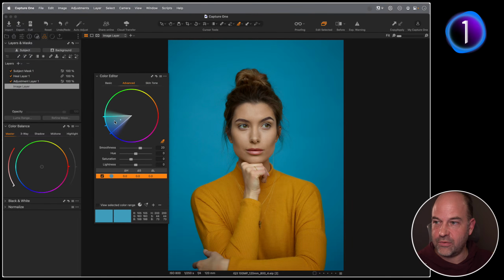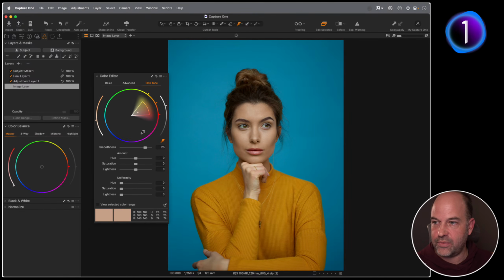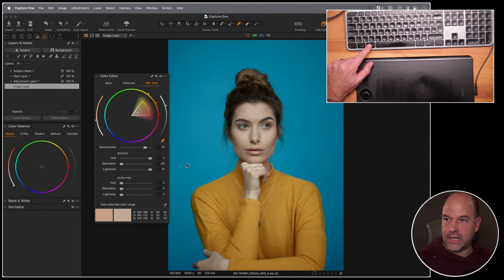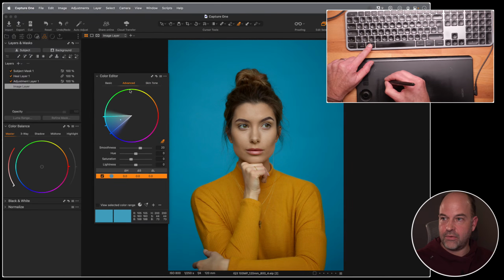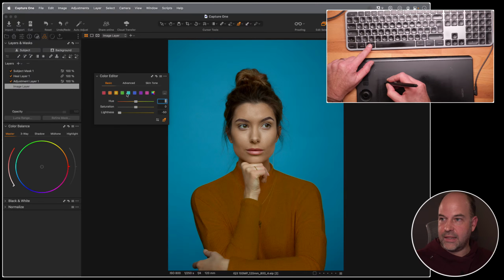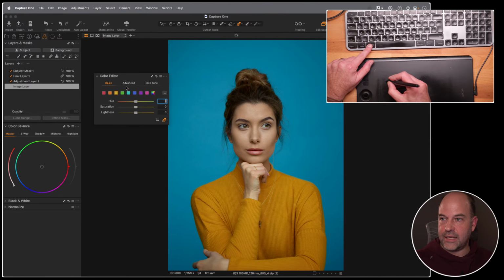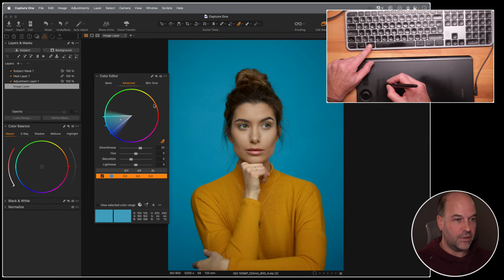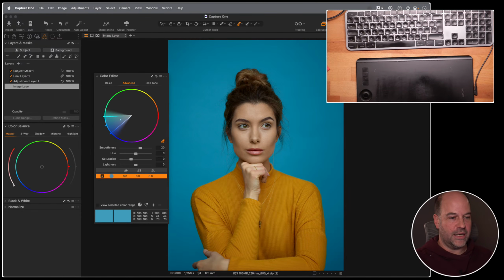Okay, so you see advanced is still kicking, skin tone has been reset. So if I do a skin tone adjustment again, and I hold down Command on my keyboard and click on the reset, it will only do the currently visible tab, like so. Now advanced is still good. Basic as well, if I did that and did a Command reset, it would get rid of my basic, but my advanced is still good. So it is possible. It's just one of those undocumented features, but it is there on the help bubble. I've turned it off because it drives me crazy when I'm recording tutorials, but you'll find if you hover, then you'll see that tooltip.